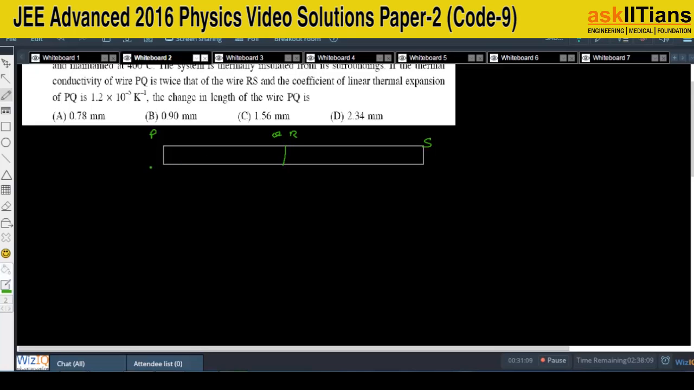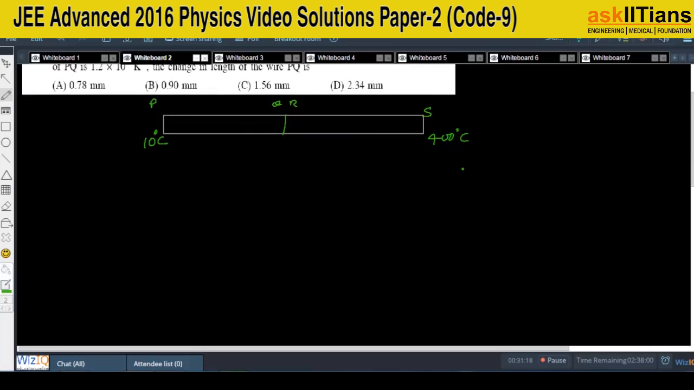Now it is also given in the question that P is maintained at 10 degrees Celsius and S is maintained at 400 degrees Celsius. In this question we have to find out the change in length if they are put in contact. So we need to calculate the temperature of the junction. We know in the concept of thermal expansion or heat flow, the heat flow through PQ will be equal to heat flow through PS. So similarly we can say the rate of heat transfer